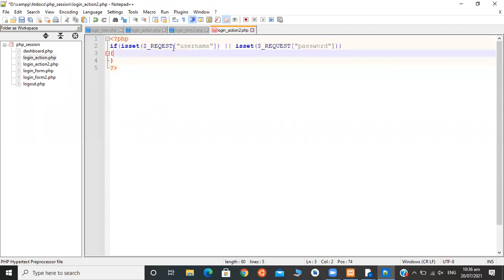If is set $_REQUEST['username'] or is set $_REQUEST['password'],